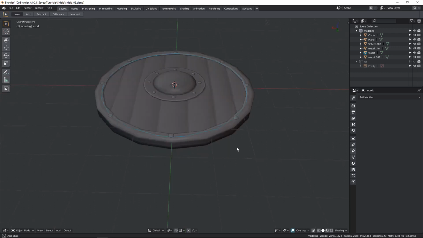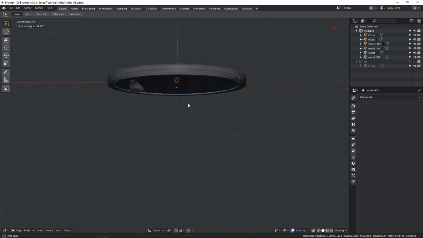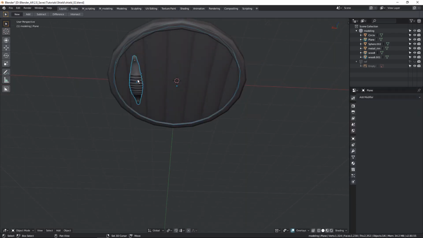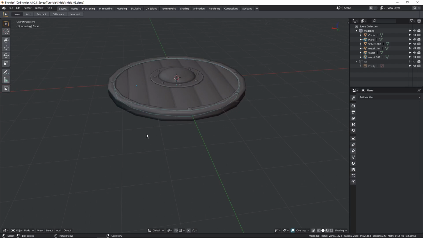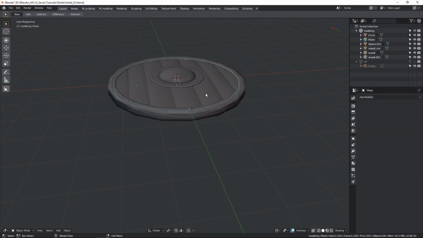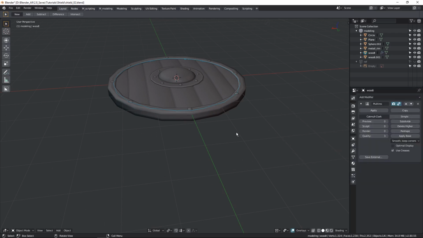Let's start with our wood here. So within our wood we've got this handle piece, but the handle we're not going to sculpt. We'll just use texturing on that. So let's add our multi-resolution. We're going to add it to everything but not sculpt everything together. So multi-res,